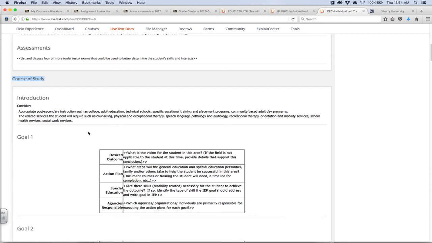Now, this may be a little bit harder to do, and I'm usually okay with including some things in high school that are outside of the standard programmatic offerings. For example, like a social skills class or something like that. And on top of that, there's dual enrollment and voc tech and things that are just not quite the same as K-12 traditional schooling. And so there's some flexibility here, but you're going to try to identify 4 goals related